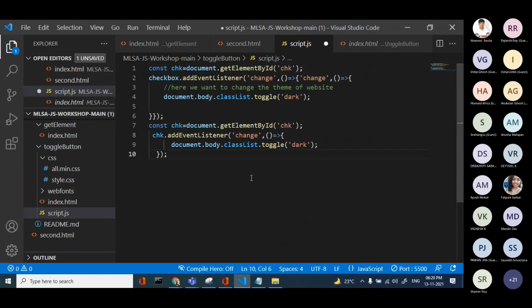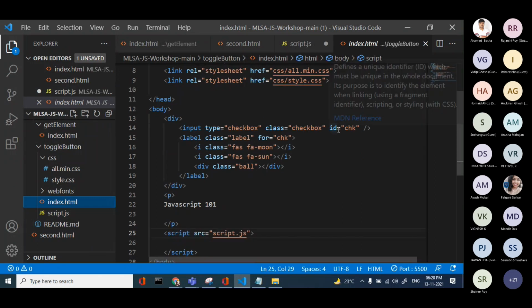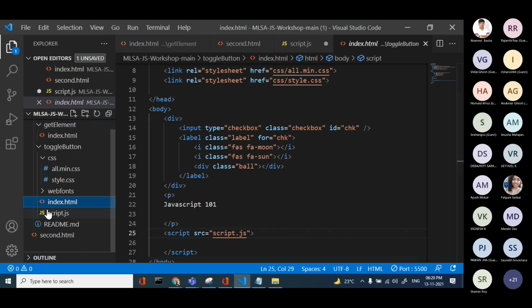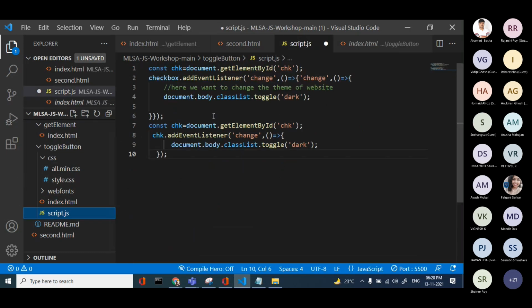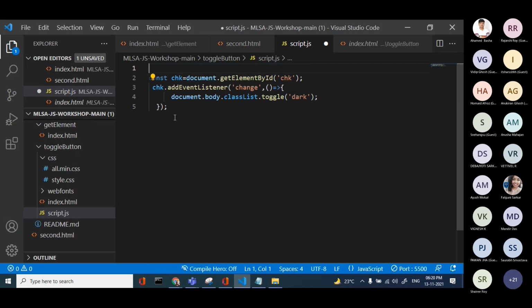And it is a very silly mistake. You have to always keep in mind the names of the IDs that you want to trigger and the names of the classes you want to trigger. So if you change just one from one place to another, it will not work. So yeah, let's just run this code out, and I hope you guys